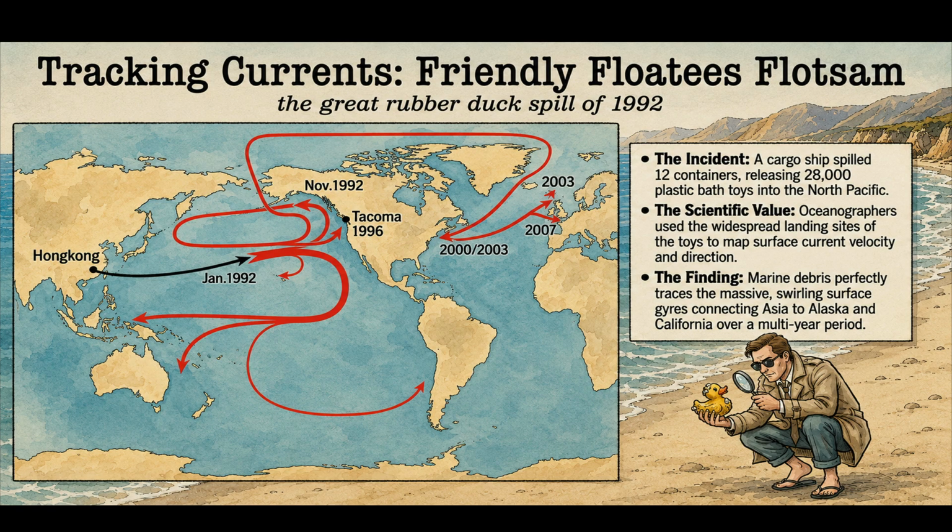The ship spilled some of its containers. Some of the containers ripped open and loosed their material into the ocean. This is also known as the friendly floaties experiment, or the friendly floaties incident. And that's because there were many things in here, but amongst the stuff were rubber ducks and toys. And so what folks figured out is actually these ducks, for example, that were spilled from this cargo vessel,